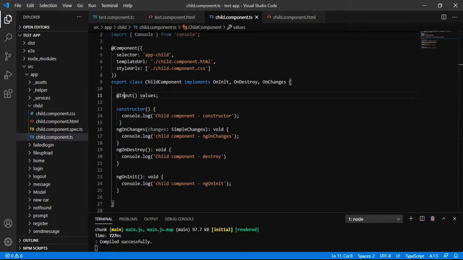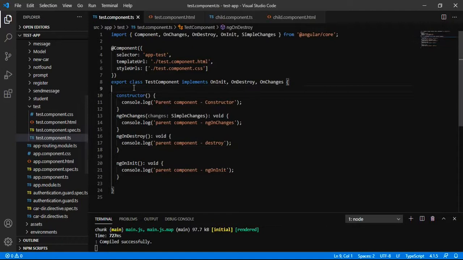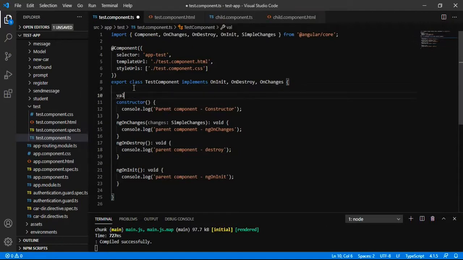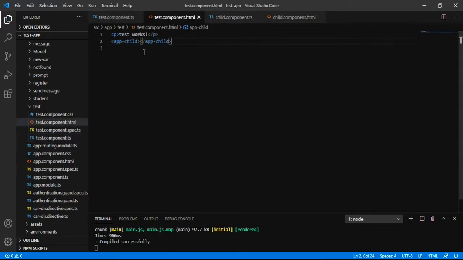Let's say this component is taking the input values. Let's say here is a variable values that has the value 20. And now I am passing the input value from the test component.